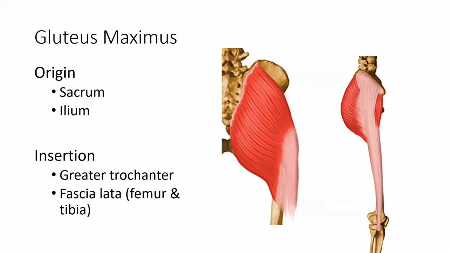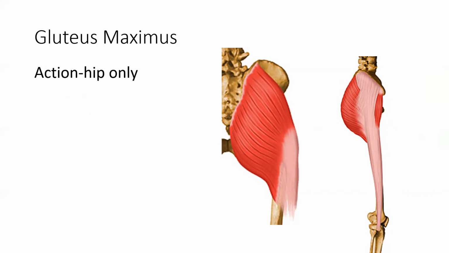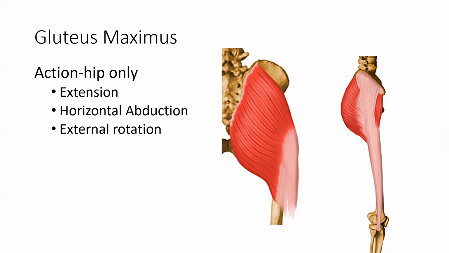So gluteus maximus really does cross the hip joint primarily, and it does attach to some connective tissue that does cross the knee joint. It does not allow for motions at the knee. It is primarily an iliofemoral mover, or a hip joint mover. So its actions are really only at the hip. Its actions are hip extension, hip horizontal abduction, hip external rotation, and then it can contribute to a posterior pelvic